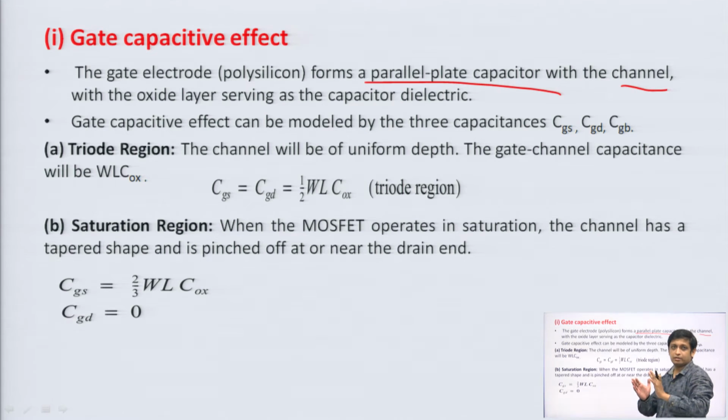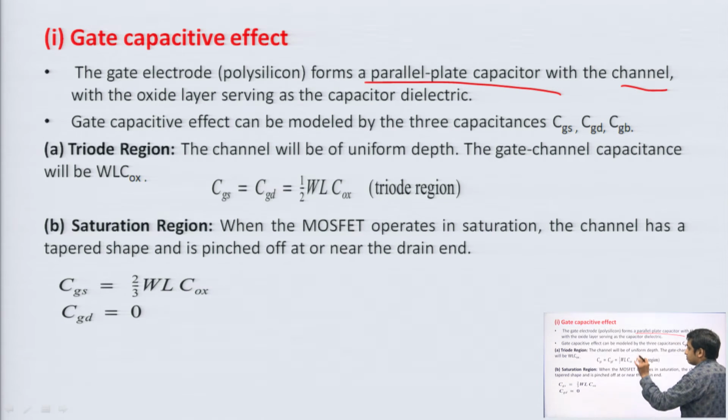It is acting as a parallel plate capacitor. Like in a BJT, you see that the two regions are acting as parallel plates, and in between there is a dielectric; that depletion region is acting as a dielectric. So, it forms a capacitor. We have not connected any capacitor internally to the device, but it forms a capacitor, that is your internal capacitor.